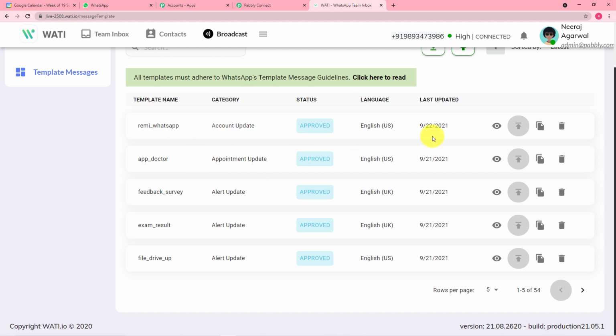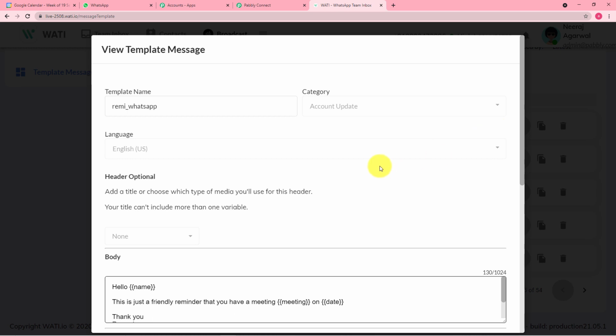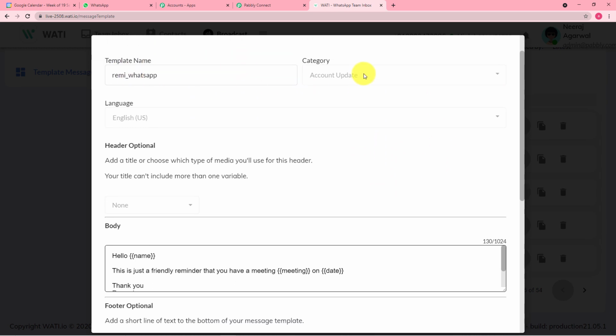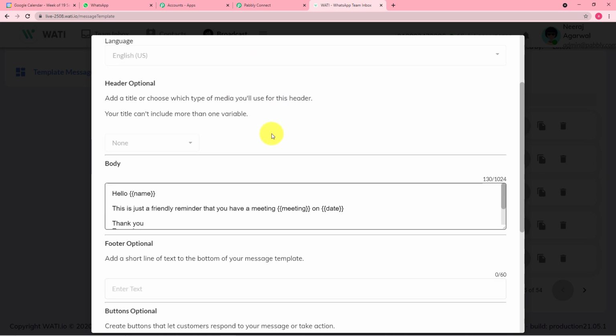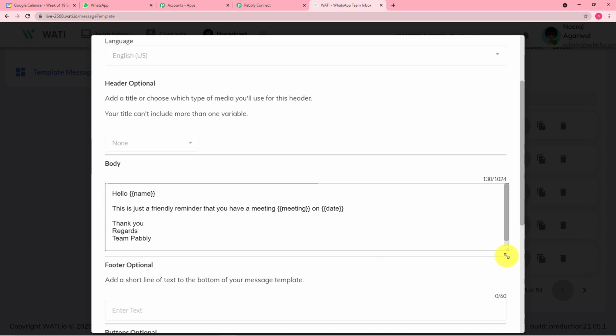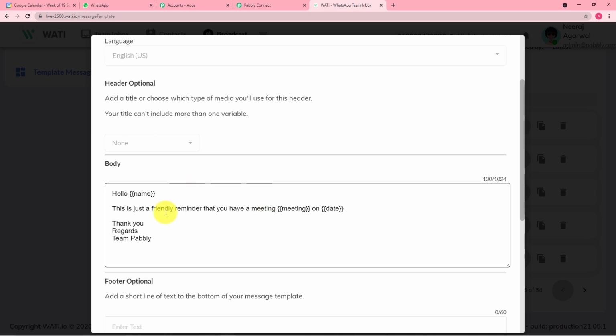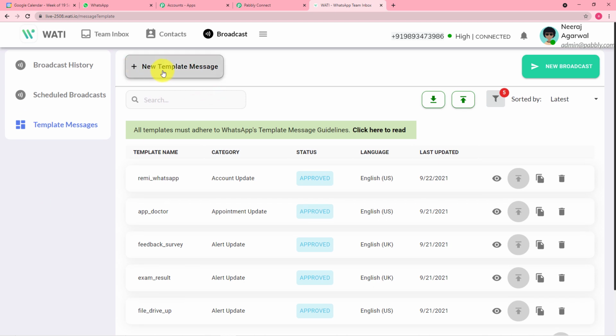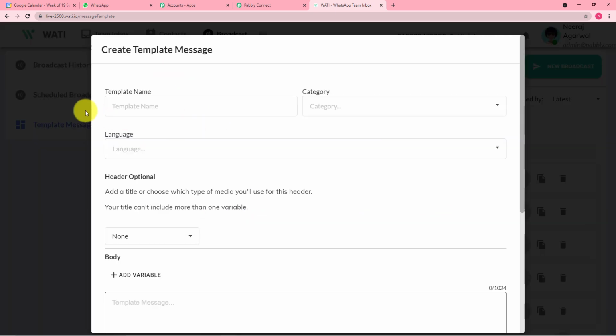Let me open up one template for you. So this is our template. Here you can see the name of the template, the category, the language, and this is the message body. So this is the type of message we are going to send.